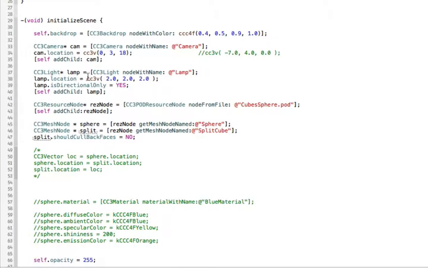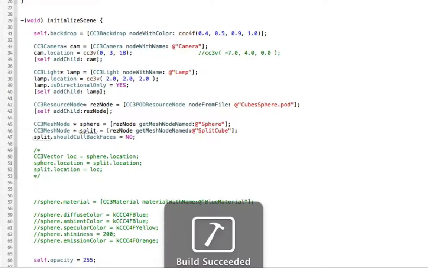Okay. In the lamp, I still have it at 222, and I don't know if I had it as directional only, which is the standard setting in the first one, but that's the way it is now. It's just a standard light that will light from wherever it is straight towards the origin. Okay, there's the res node coming in, and I've got pointers to the sphere and the split cube, and the split cube has the back faces showing. So if we run this, just to show you what we're dealing with,